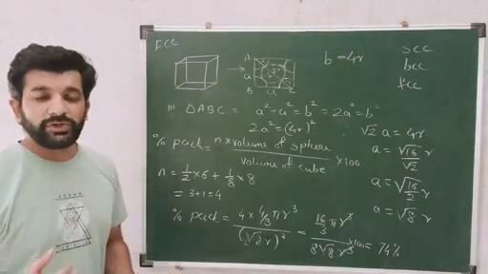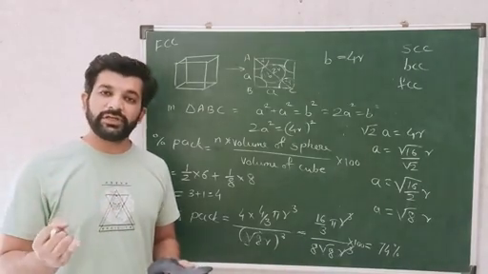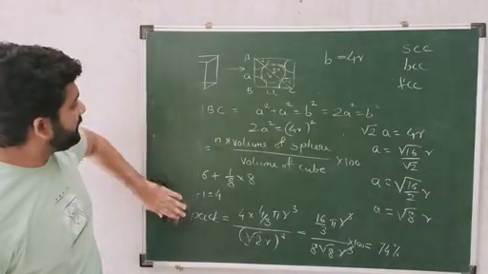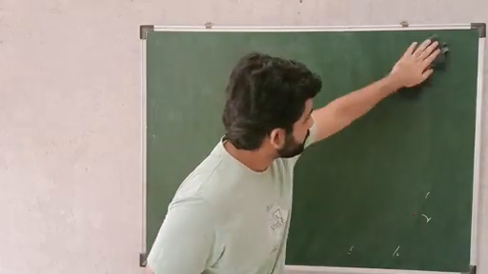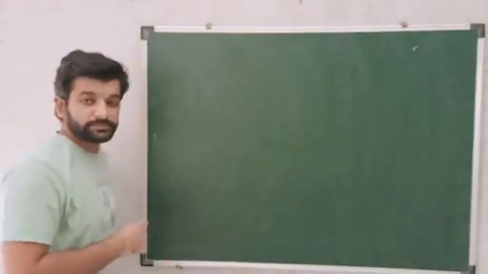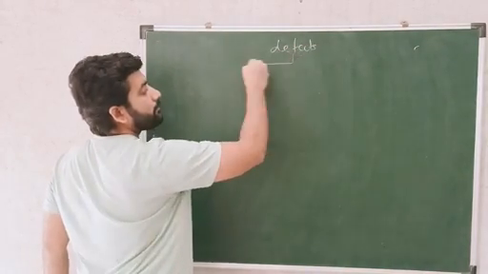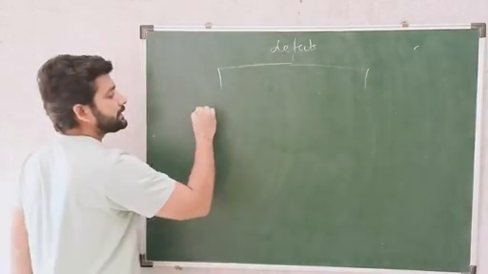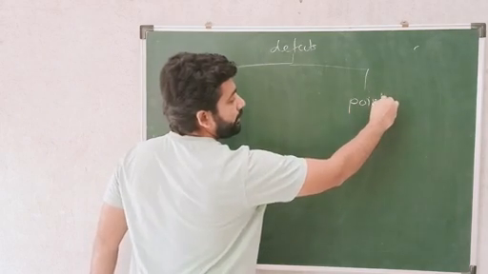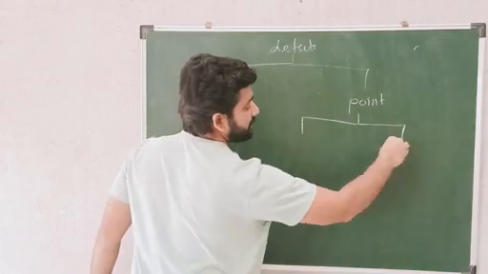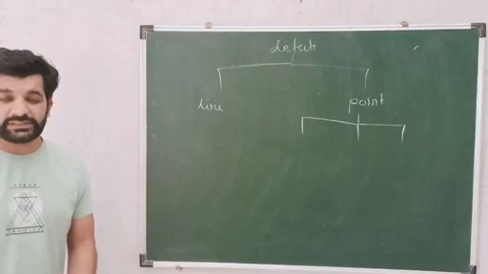Similarly, we are now going to see the defects present in solids. There are two types of defects, majorly point defect and line defect. We will see them in the form of a flow chart. How many defects are there? There are two types: first is line defect and other is point defect. This point defect is further divided into three parts that we will see. But first we'll understand what a line defect is.